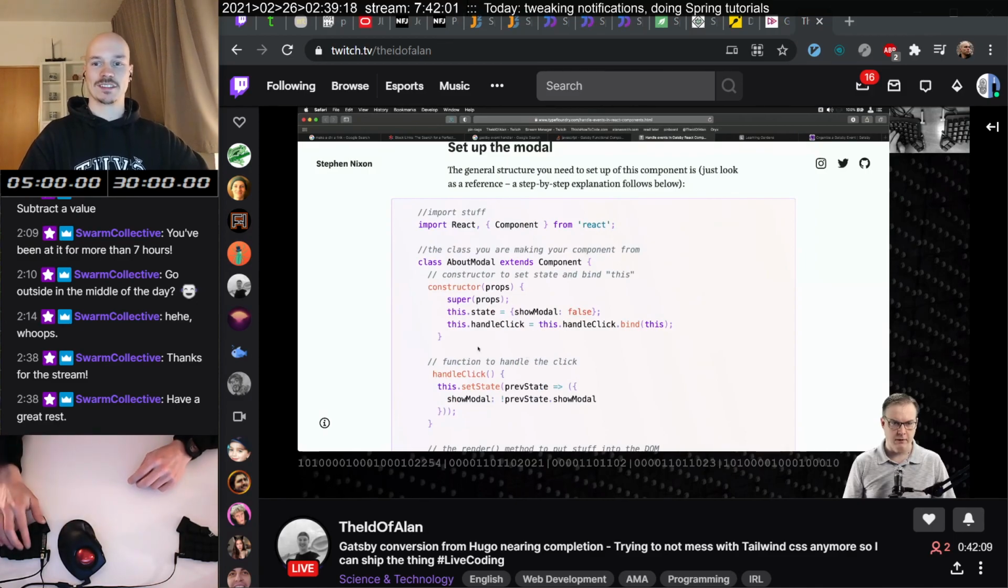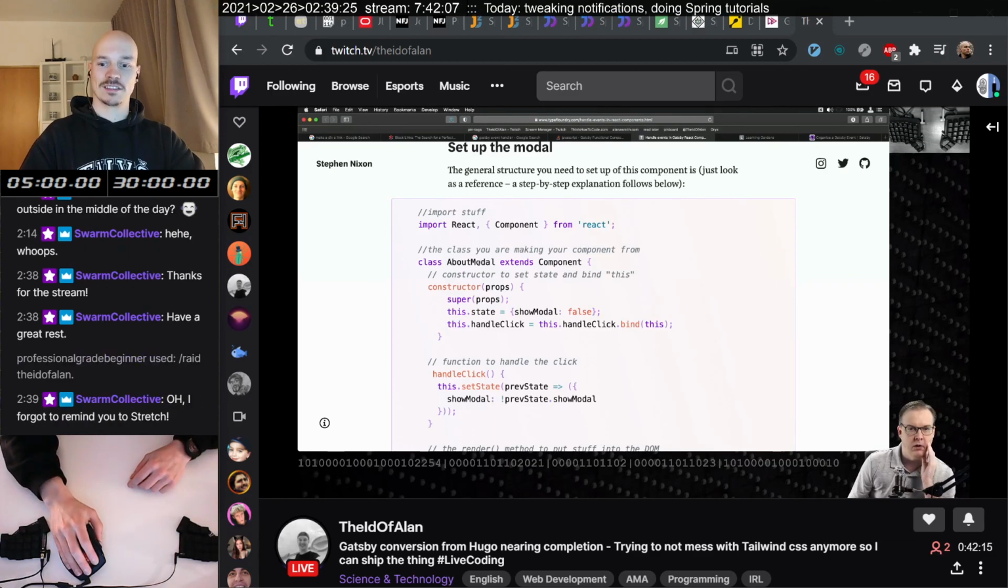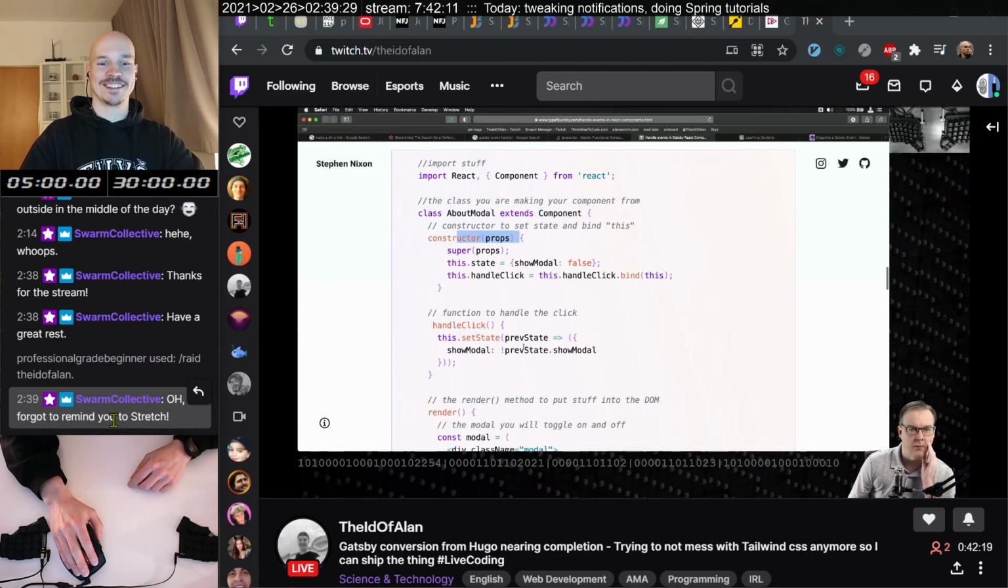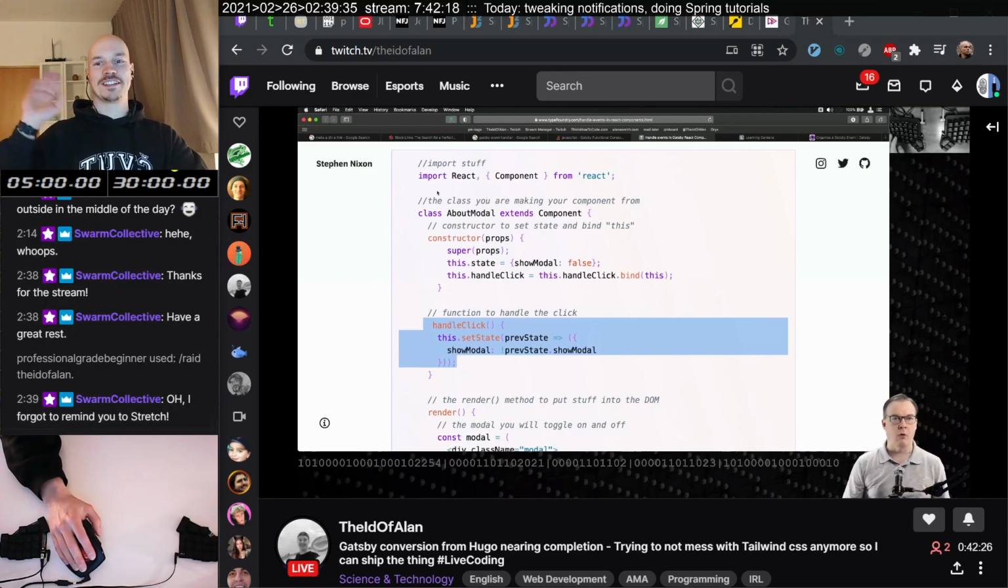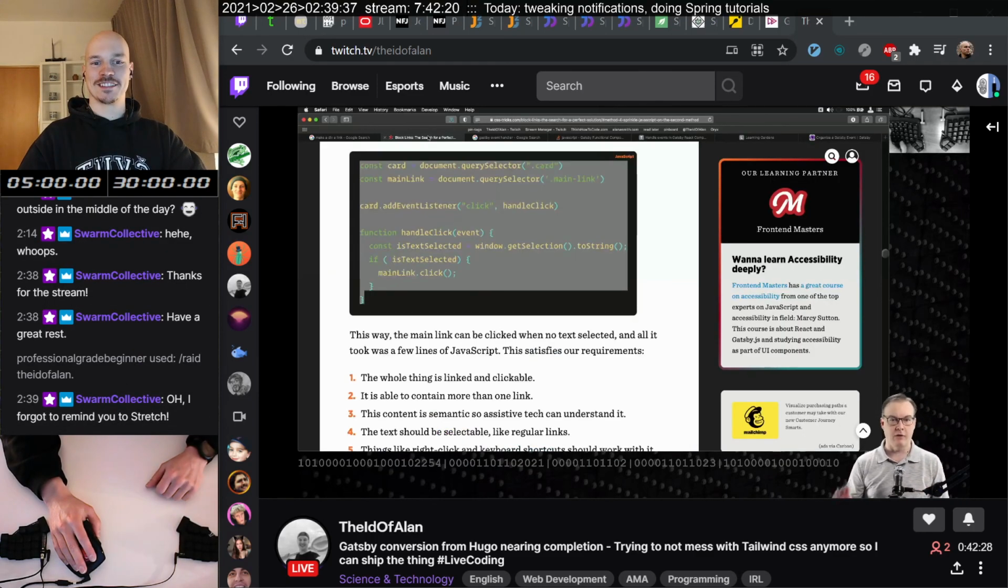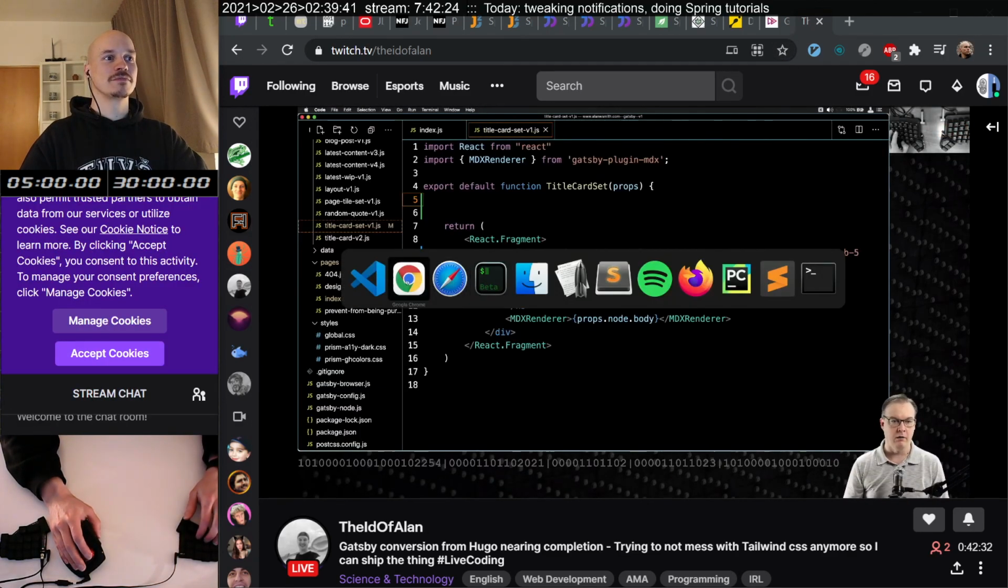React stuff. Handle click. Okay, so we're in a component. The class you're making your component from is here. Oh, constructor, okay, props. So next time. Handle click. Okay. So I want to make, and I could do this a hacky way, or not a hacky way, but a kind of direct way, but on, well,